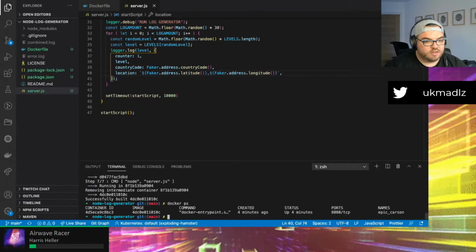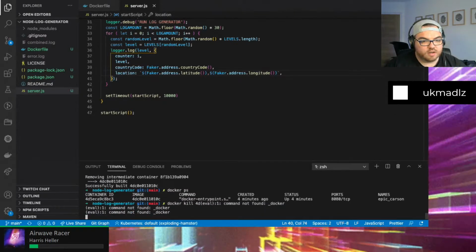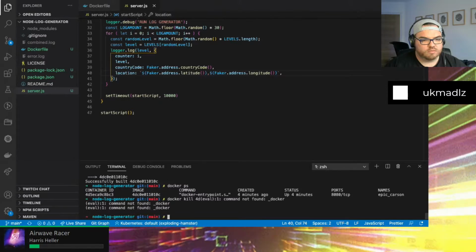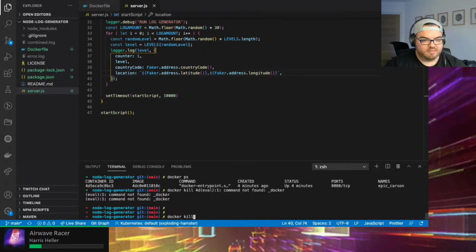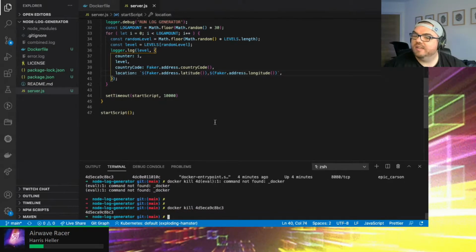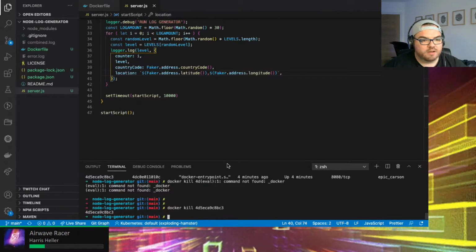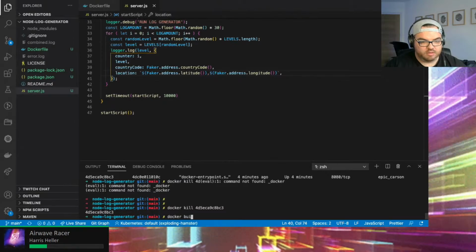Docker PS. Docker kill. Autocomplete was not playing nice there. Docker build this junk.